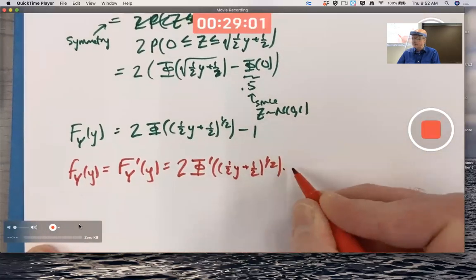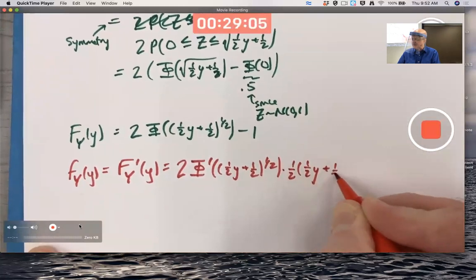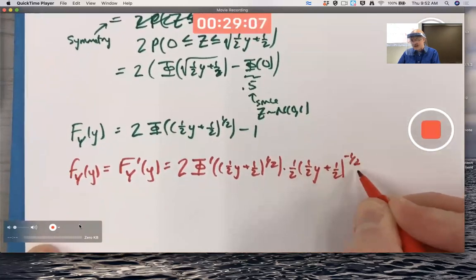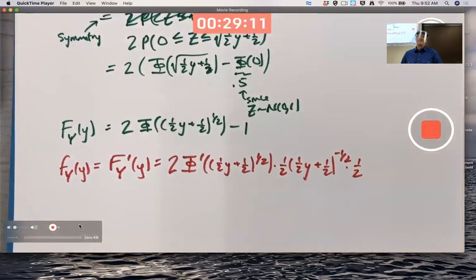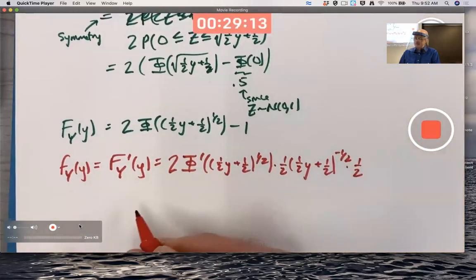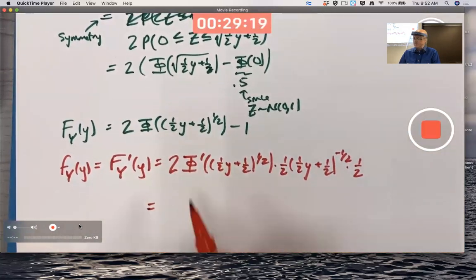The derivative of the inside is going to be 1/2 y plus 1/2 to the negative 1/2. Then we use the chain rule again and get another 1/2. One of those 2's can cancel. You can ultimately write this as